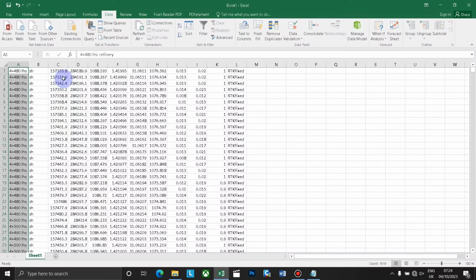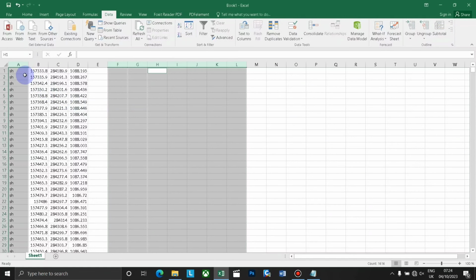So we are interested in the eastings, northings, and elevations. So this is my northing, this is my easting and this is my elevation. If I want to import data or sort it, finally I will delete this because this was helping me to identify the location or group it. So I will eliminate this one. This is the point description, so we need it. Then I'll also remove this. All this I don't need. Then I'll be left with this one,